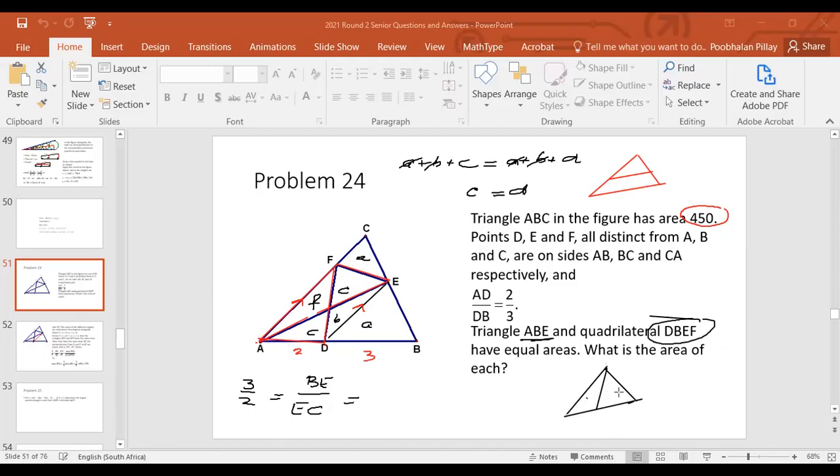These two triangles have got the same height, you see. They've got the same vertex here, so they've got the same height. So when you put this over this, it's the same as that area over that area if you make the calculations. So that allows me to say that the area